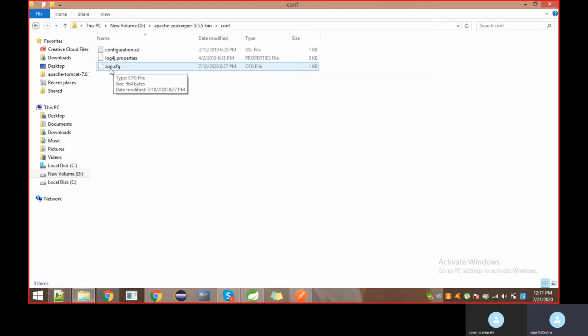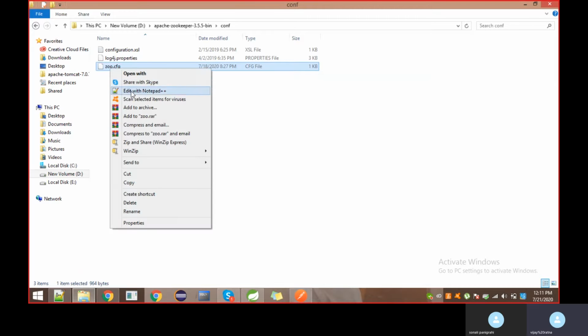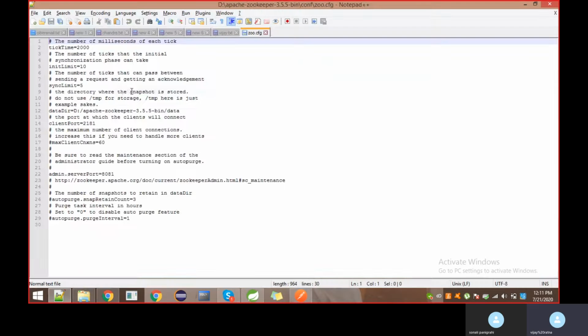We should rename it to zoo.cfg. Once you open this, there is a data directory option. By default it will point to your system temp folder with some folder name.